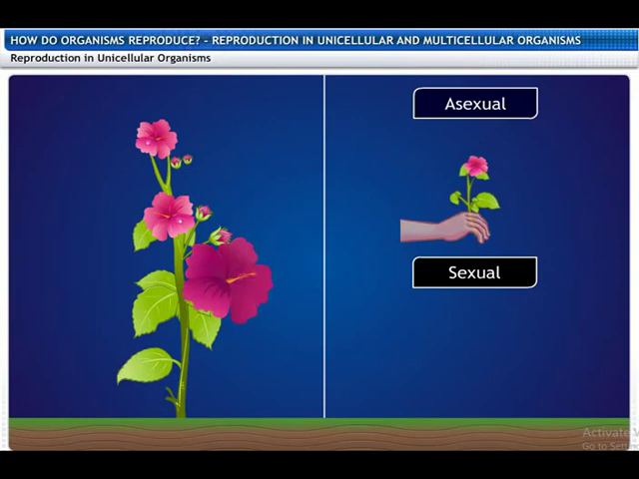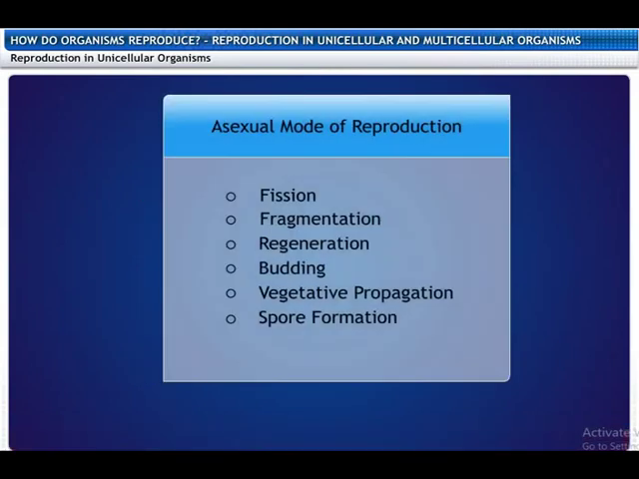See that hibiscus plant. Hibiscus cannabinus uses the asexual as well as sexual mode of reproduction. Let's first look at the simpler mode of reproduction, that is, the asexual mode. The asexual mode of reproduction can take many forms: